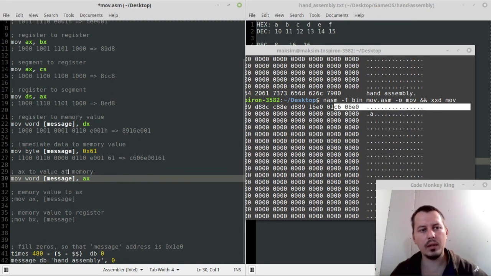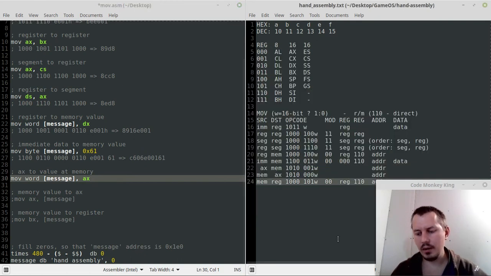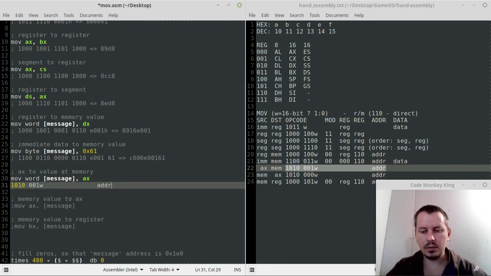the value at memory. And now you might be wondering, what's the difference? Why can't we use register to memory, right? But for AX, we just have a short instruction, which is shorter compared to register to memory. And if you want to put AX to memory, it's literally enough to say like this. So AX is 16-bit and we're dealing with a word, hence W is going to be equal to 1, and then just the address, which is